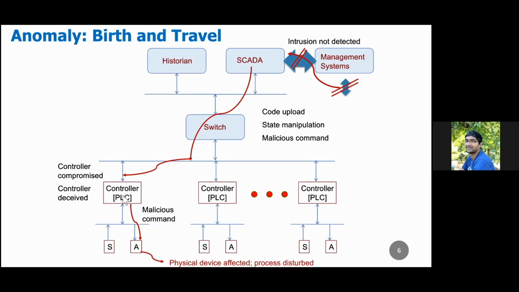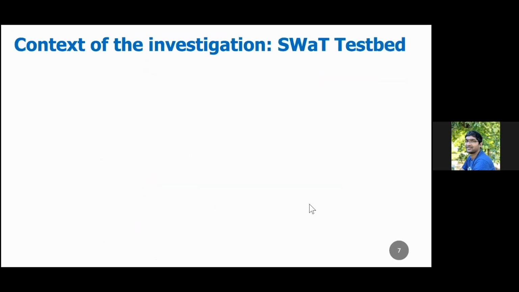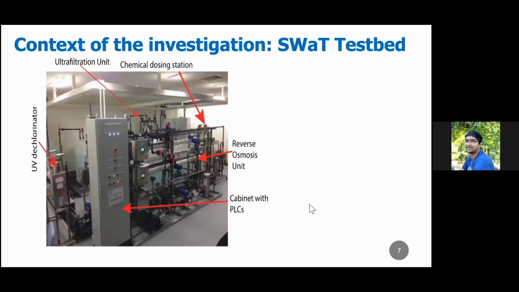As you know, every system is connected. If there is an anomaly or unsafe state, the impact moves to other stages. For example, if you consider this as a first stage and this as a second stage, and there is an anomaly in the first stage, since the physical process is connected, this will impact other parts of the system. So the majority of my work is in the context of the SWaT test bed, where we have a 6-stage